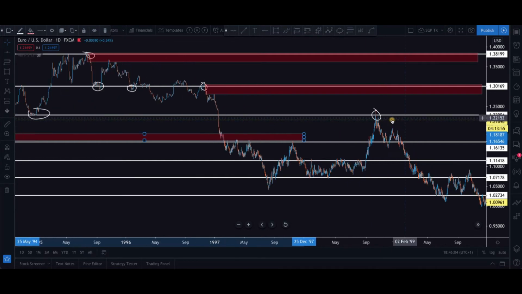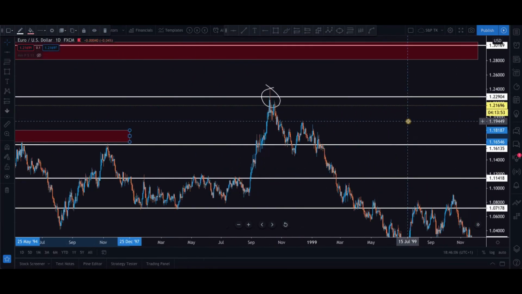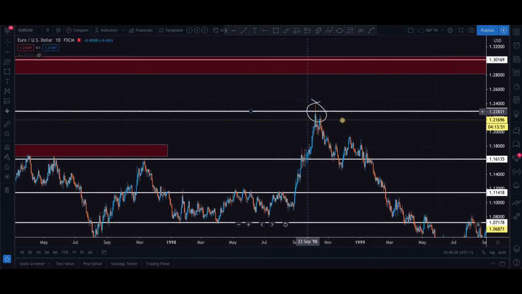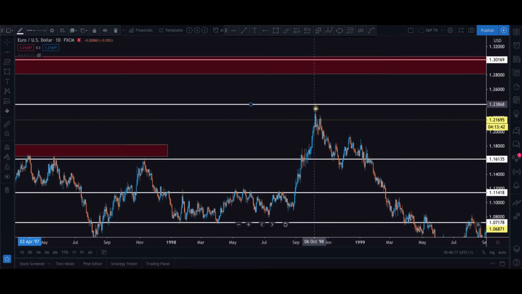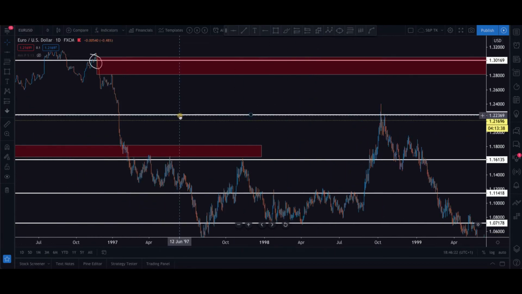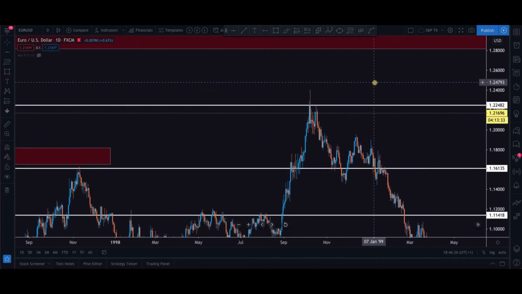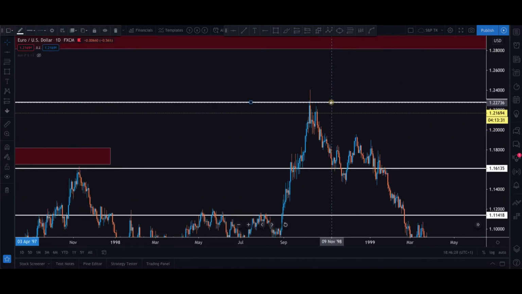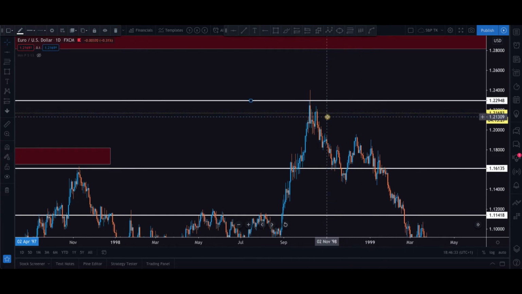For example, let me show you, this example is perfect. We are on the daily time frame. As you can see, this support and resistance maybe will be here or here. It depends where in the past price reacted, but anyway, if this is a good level of price from which